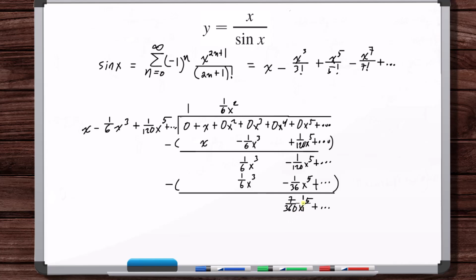Okay, now this divided by this is 7 over 360 x to the fourth. Multiply this by this, you get 7 over 360 x to the fifth,